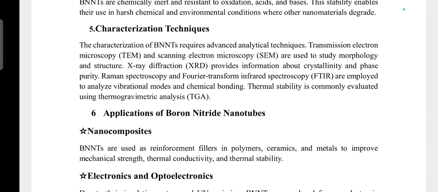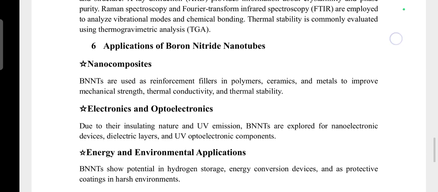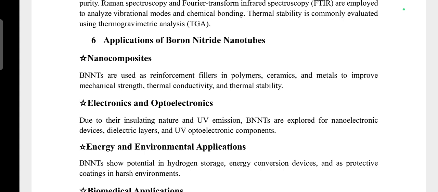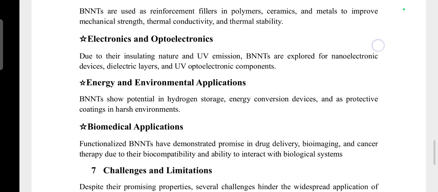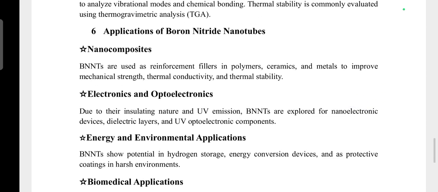Applications of boron nitride nanotubes. We will discuss what the applications are: first nanocomposites, then electronics and optoelectronics, energy and environmental applications, and biomedical applications. First, nanocomposites. Boron nitride nanotubes are used as reinforcement fillers in polymers, ceramics, and metals to improve mechanical strength, thermal conductivity, and